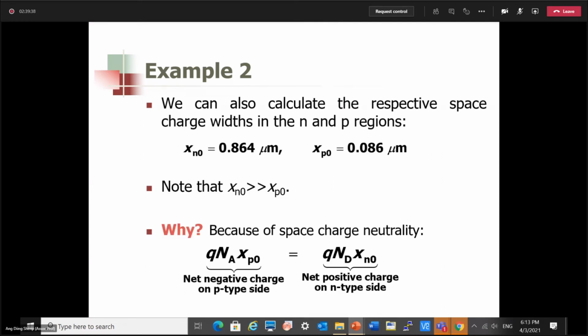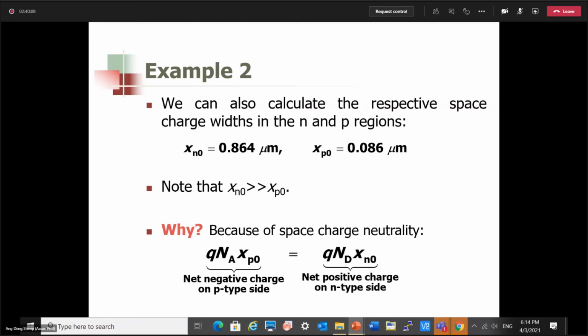Okay, we can also calculate the xn0 value and xp0. Remember, xn0 is the width of the space charge region on the N side. xp0 is the width of the space charge region on the P side. And after calculation, you notice that they differ by a factor of 10. In other words, xn0 is much bigger than xp0. And why is that so? Space charge neutrality is the reason. Because of charge balance